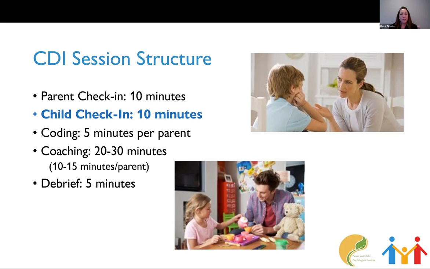An important thing for the parent check-in piece is that we still want parents to really master the PRIDE skills. And I'm going to get into mastery criteria in a little bit, but because they're going to be using less frequent PRIDE skills during the coaching with their child in the parent check-in, sometimes we'll role play with them to get their PRIDE skills up to that standard 10, 10, and 10 mastery level without the child there, so that they're just getting that overlearning piece with us as the clinician in a role play practice, knowing that they're going to be using them a little less frequently when they're in the room with their own kiddo.